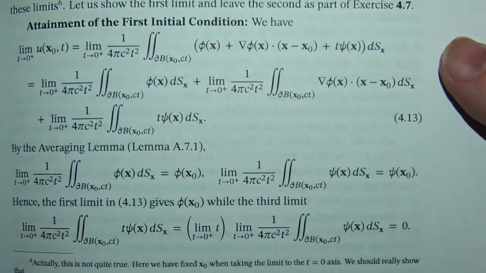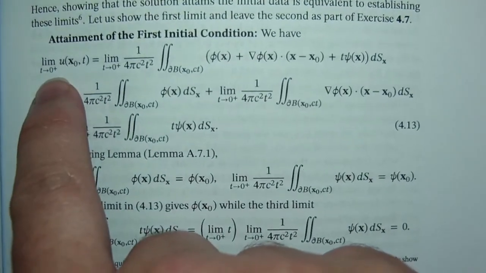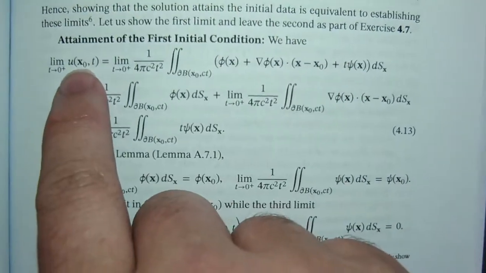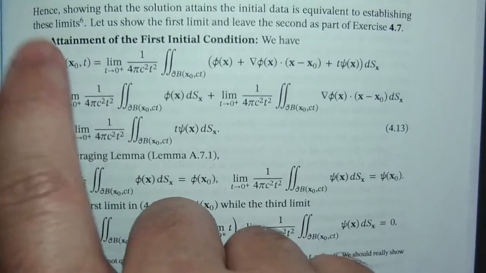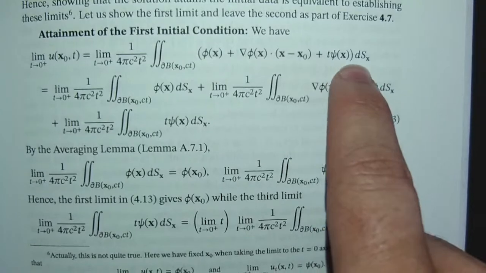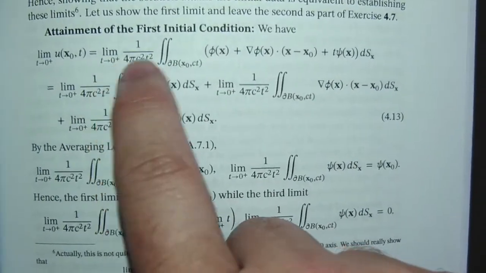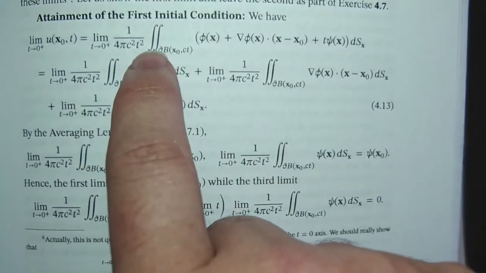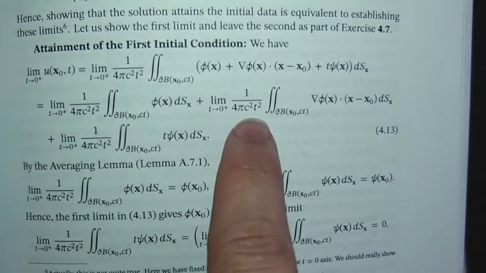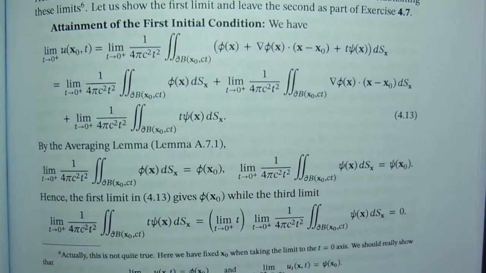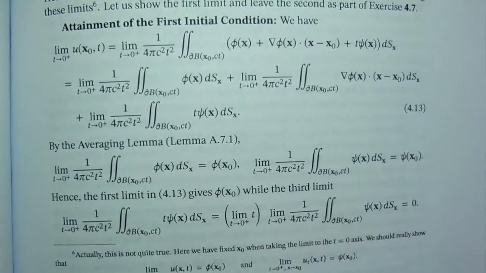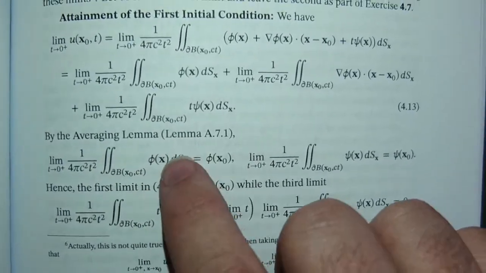So here's the limit that's being taken. Now he's already replaced the limit with x here, whatever. That's okay, just forget about that for a second. The limit as t goes to 0 from the right of this expression. So here's just Kirchoff's formula, rewritten. Here's this limit. Break up the integral in Kirchoff's formula into 3 pieces and consider these limits separately. There is a lemma called the averaging lemma from the appendix. I'm not going to quote it, you can look up that lemma. From the averaging lemma,